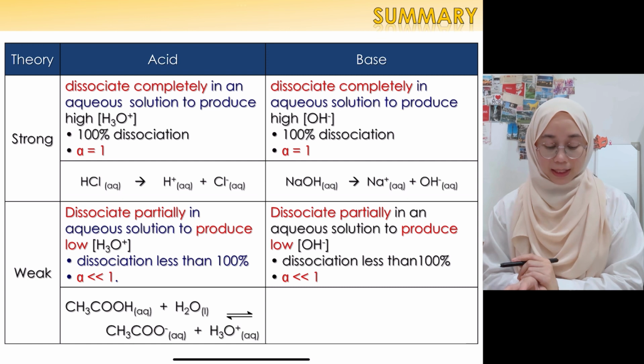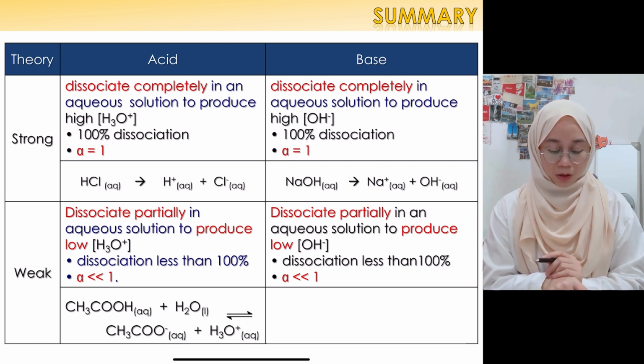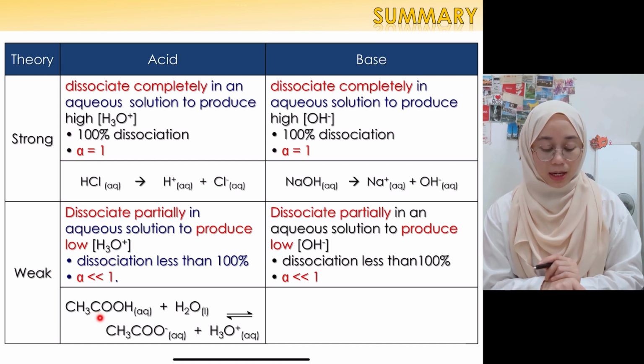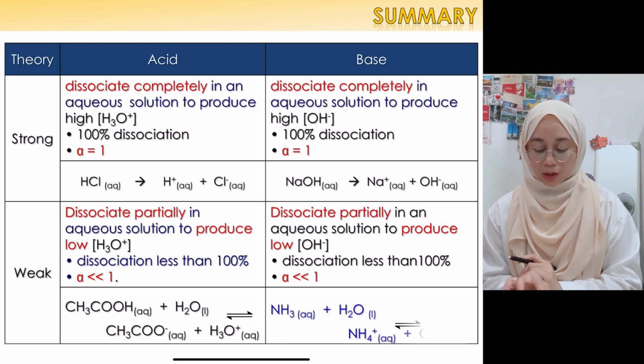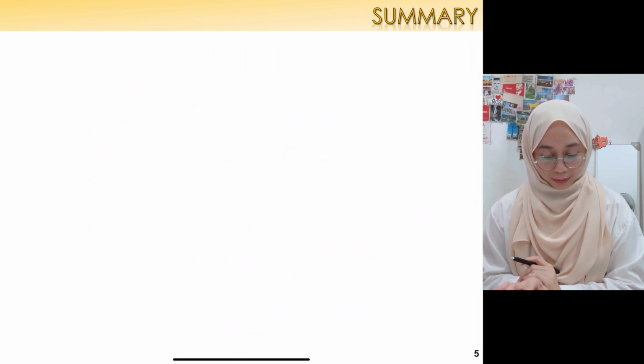So for example dekat sini kita ada ini adalah contoh acetic acid. Okay, ini adalah acetic acid ataupun ethanoic acid producing acetate ion dekat sini, and also kita ada contoh ammonia lah dekat sini. Okay,